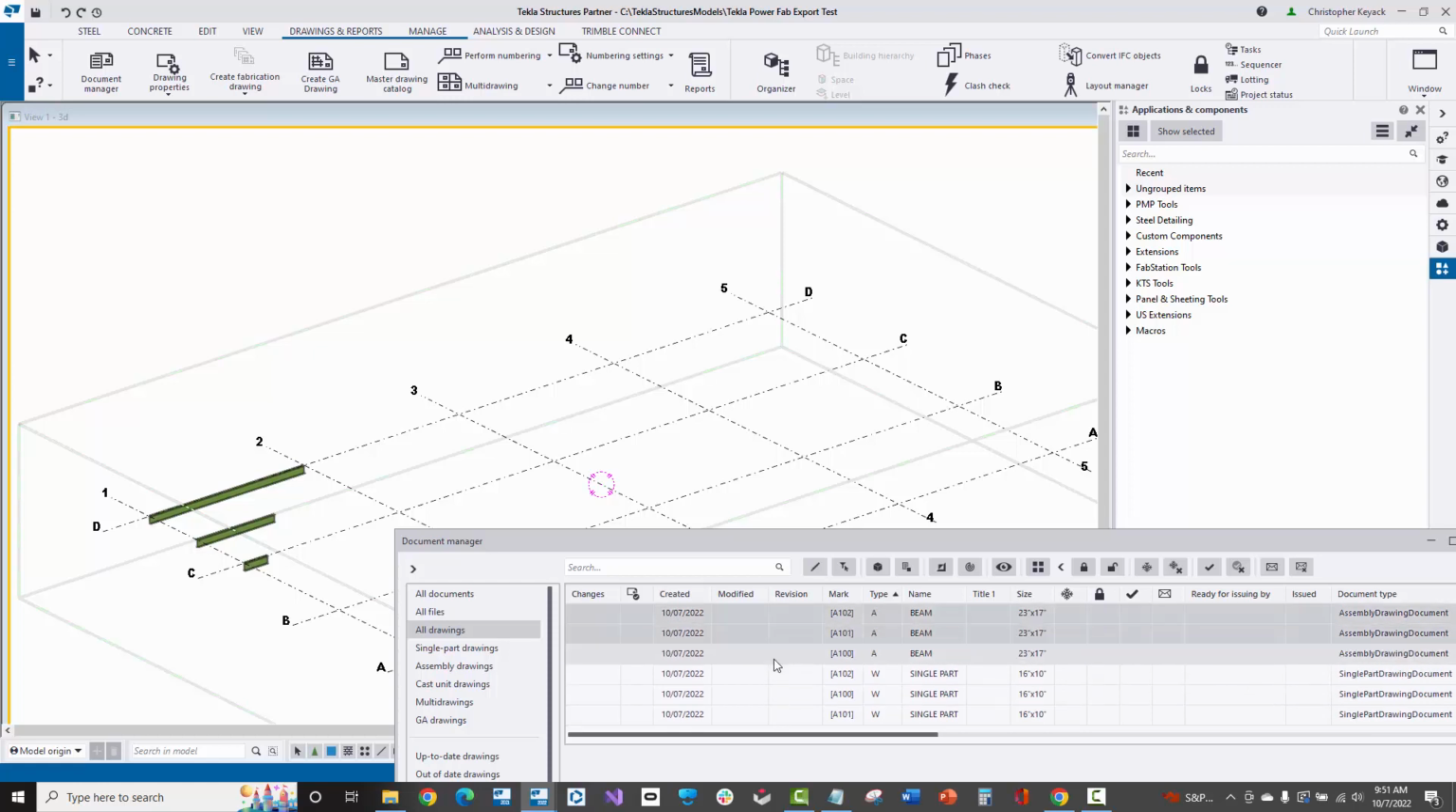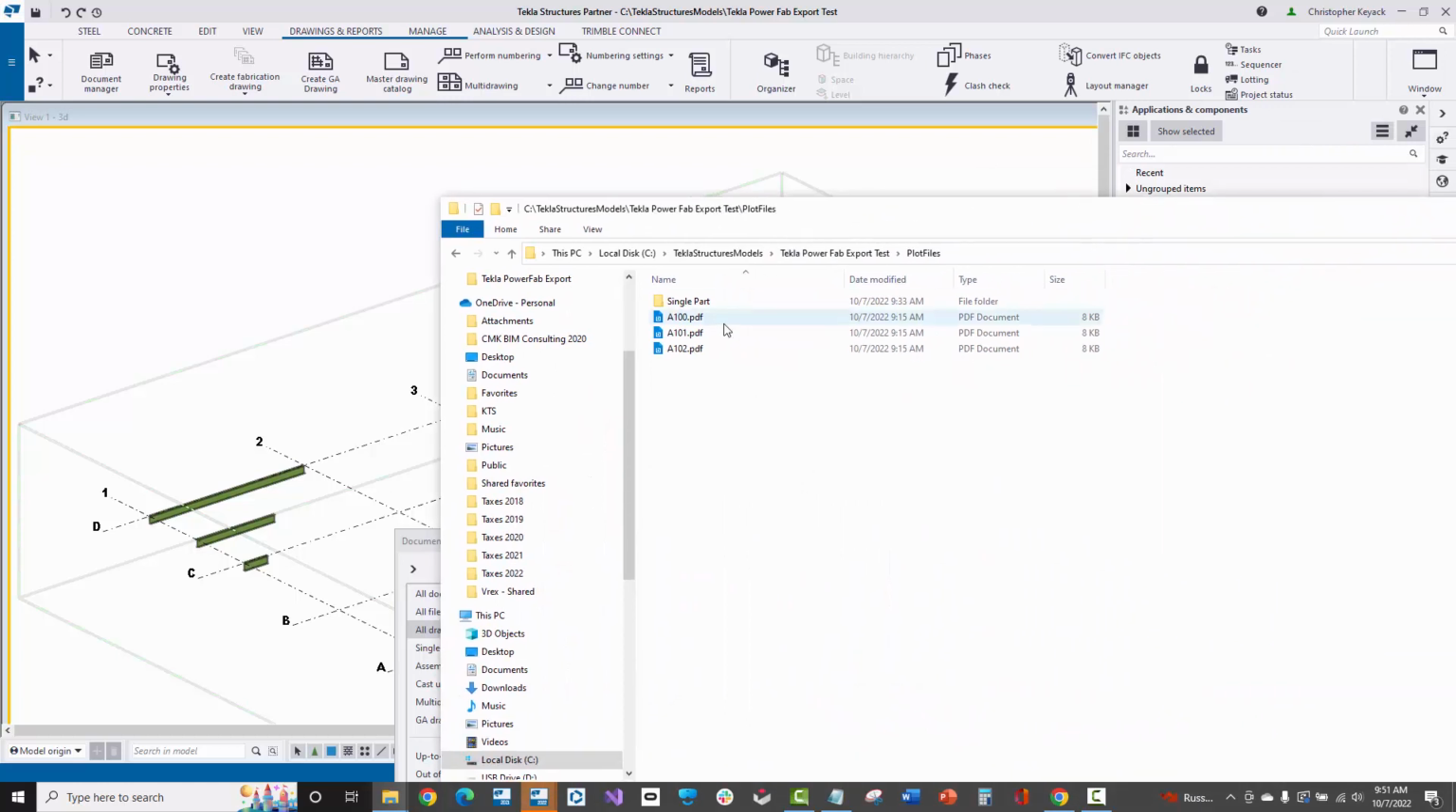Now let's say that I'm not actually going to release these. I just want to show what happens with Tekla PowerFab or Tekla EPM export. If I go into the model folder and into my plot files folder, we can see that I've got 3 assembly drawings created directly in plot files. Then, just for this testing purpose, I created 3 single part drawings